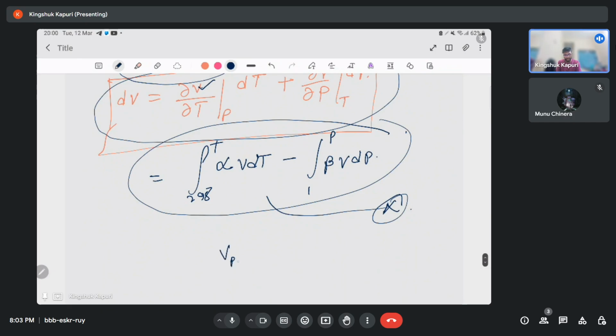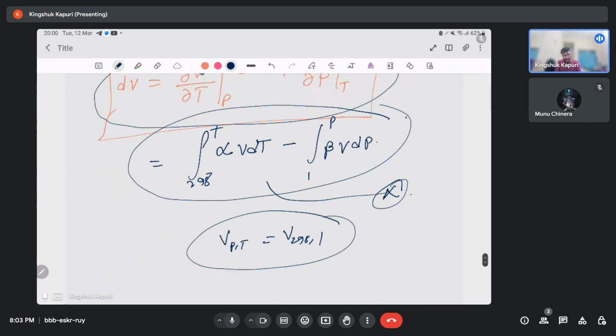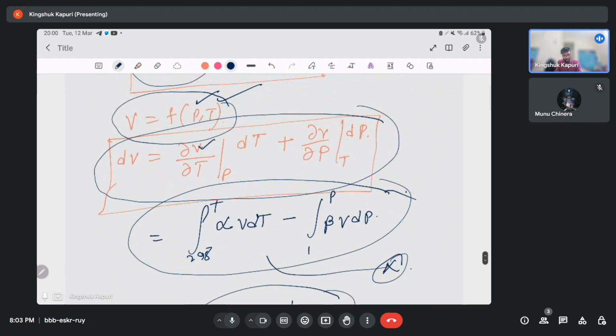To be precise you can calculate this, but we generally neglect it, and your V(P,T) equals V at 298 K, your standard temperature, and your pressure is 1 bar. Please remember, these coefficients are for solid phases, okay, you cannot do this for liquid phases. I think you know the reason why: when you apply pressure to a solid it will